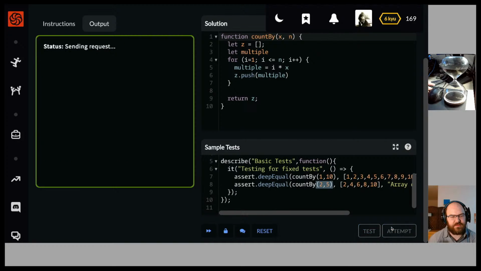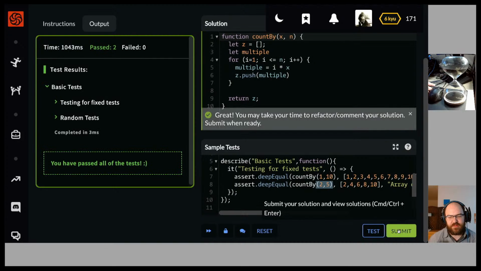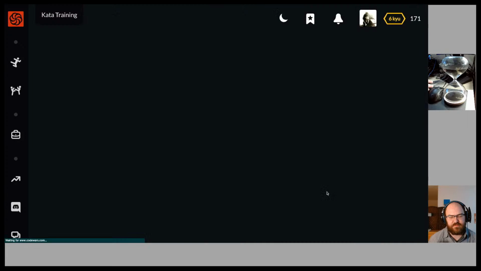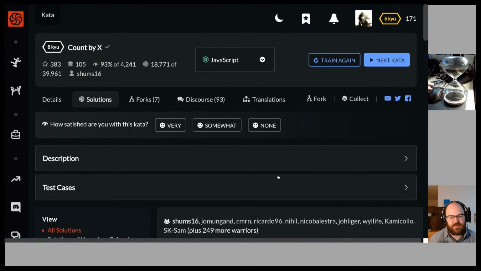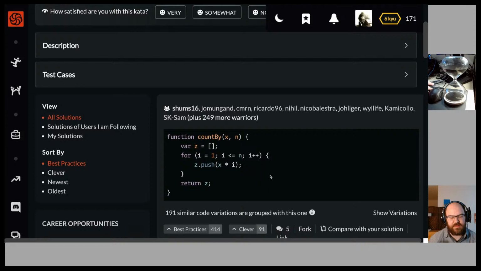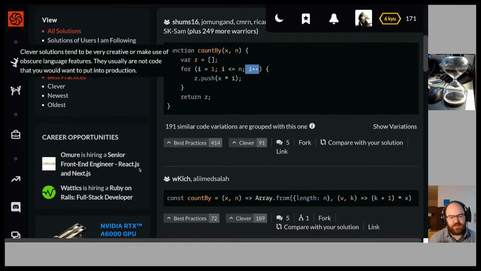Okay, attempt. Sounds good. Submit. Let's see what we've got. z.push x times i makes sense. i is 1, i less than or equal to n, i plus plus. Let's see, what about